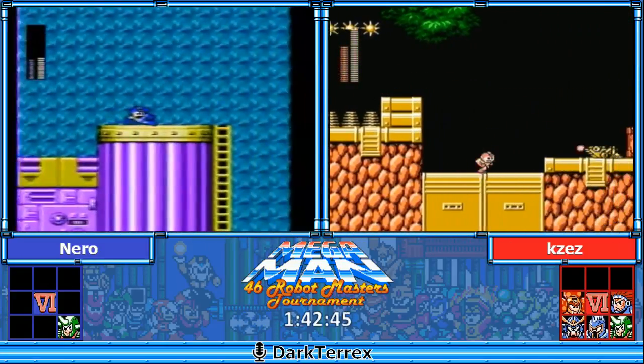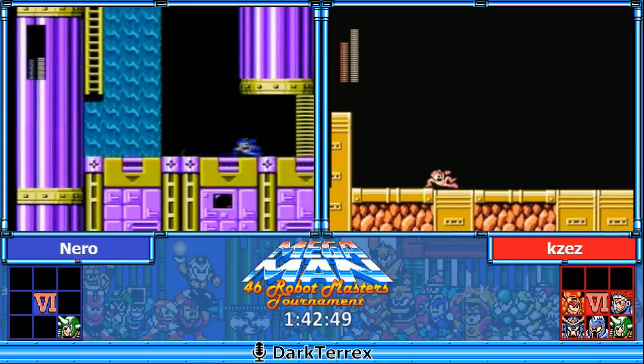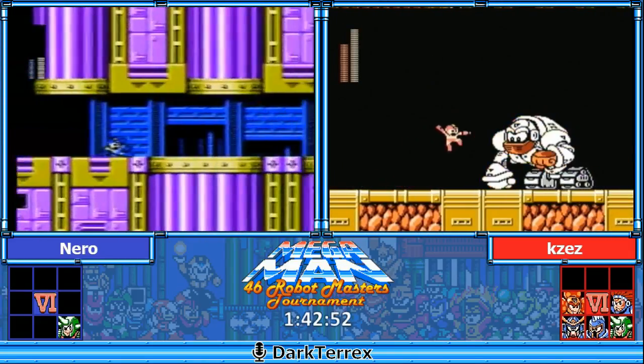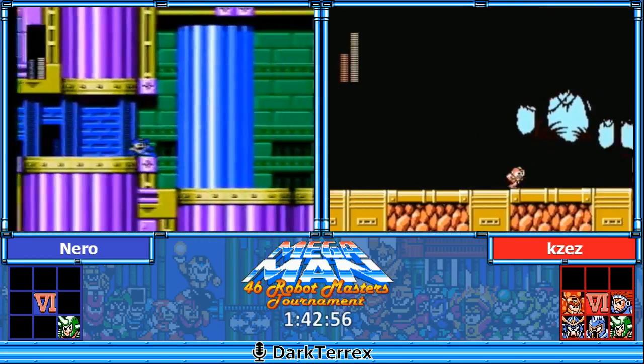Trying to take a reverse damage boost at the squid, but just misses it. Looks like kzez misses the 1 jump on the gorilla. I'm not sure if he got that on the first one or not, but...